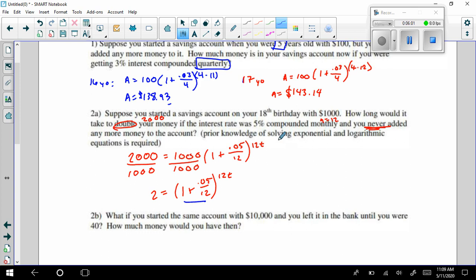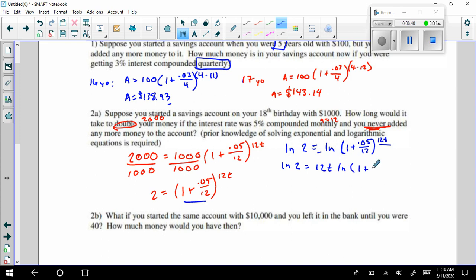A better way to do it, to keep from rounding right away, is to just take the natural log of both sides, or even the log of both sides. So the natural log of 2 is equal to the natural log of 1 plus 0.05 divided by 12, raised to the 12t. And the reason that's nice to do is because now we can follow our exponent rules and move the exponent to the front. So the natural log of 2 is equal to 12t times the natural log of